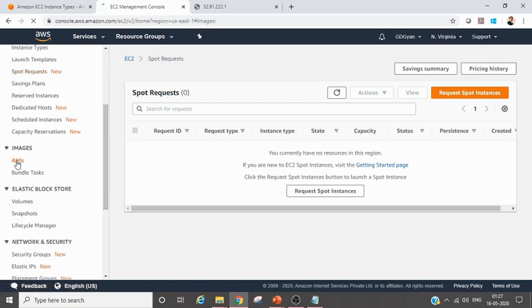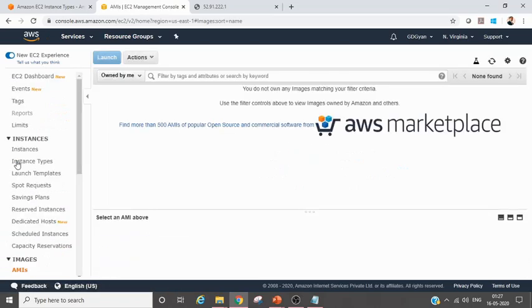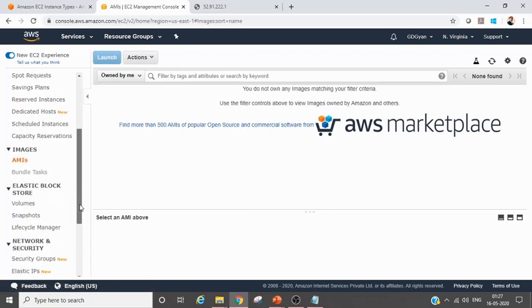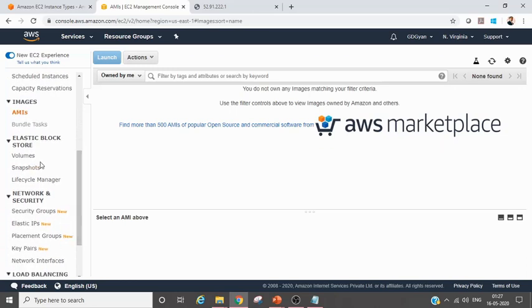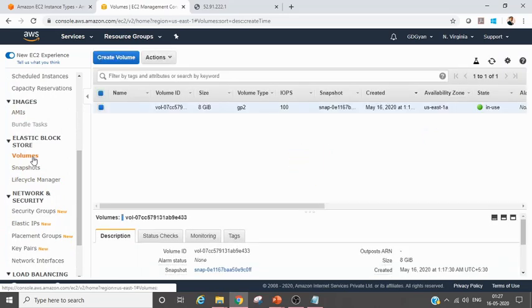AMI, so we can create an AMI out of our EC2 instance. We can share it to the AWS Marketplace. Suppose you have created some AMI which is unique and you want to share it on the Marketplace. In the community marketplace, it will show. So you understand that? You can share within your group, or you can share to the entire team, the entire world, right? Yeah. So let's come to here.